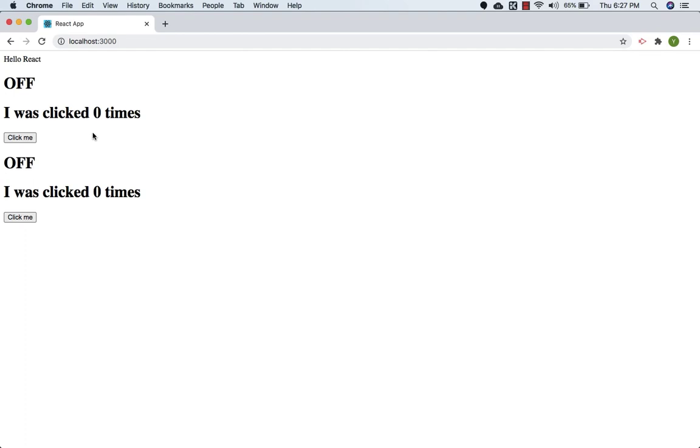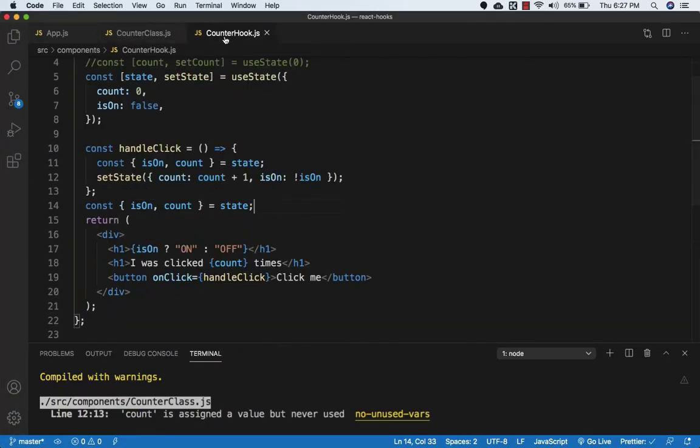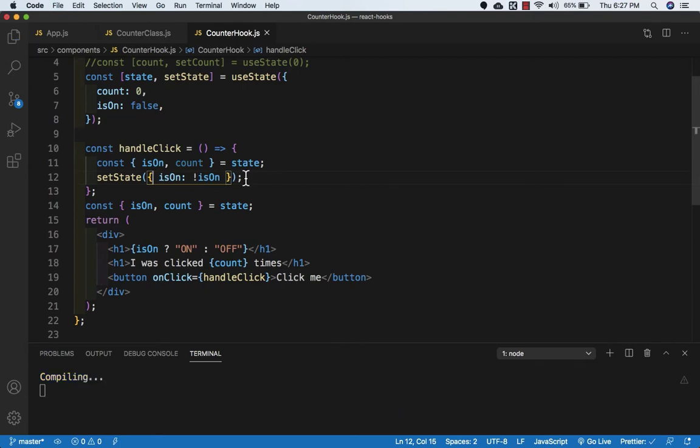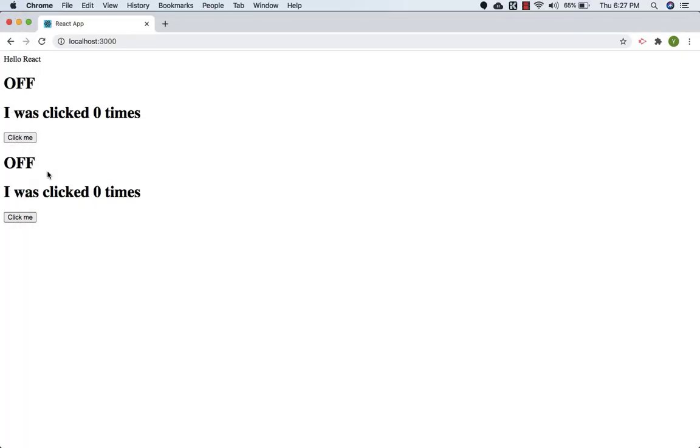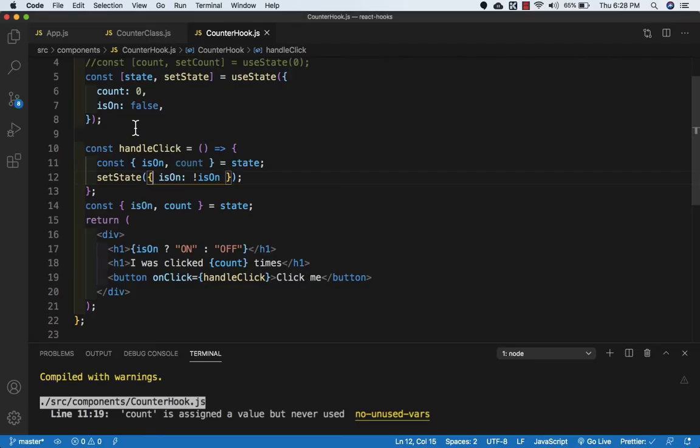Now what happens if I remove the count increment from our hook component? So let's go to Visual Studio Code and go to the counter hook component, and let's remove this update functionality of count, and let's save this, and let's go to the browser. Let me refresh once. Now let's see what happens. Now if I click this button, the value disappears. So why did it disappear? It disappeared because it won't merge the previous state with this object. It overwrites everything. So basically the new count state variable will be undefined, and this is why you can't see